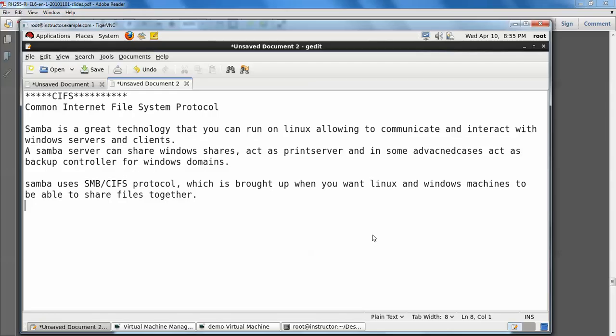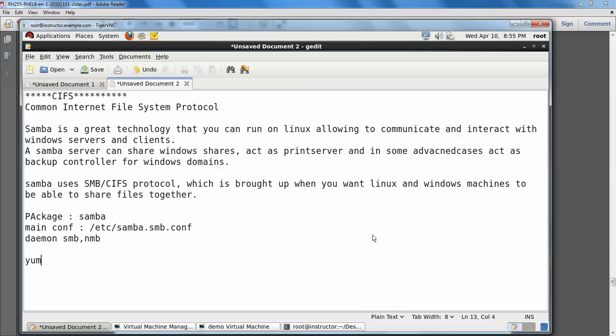So the package for that is Samba. The main configuration file is /etc/samba/smb.conf. The daemons are smb and nmb.